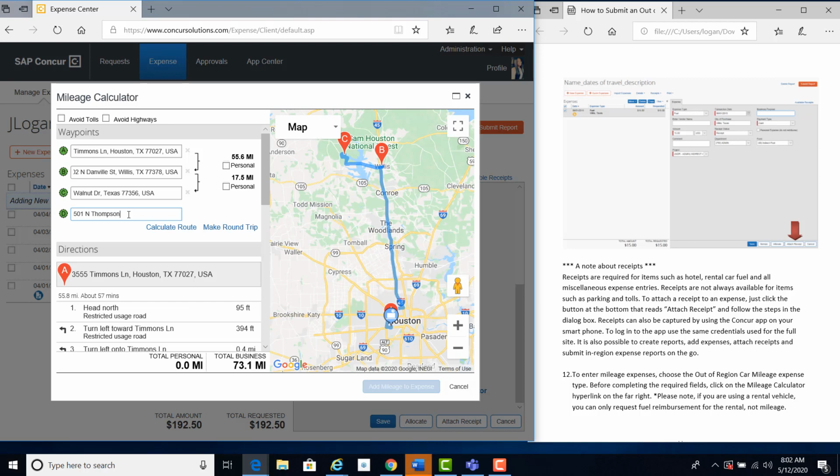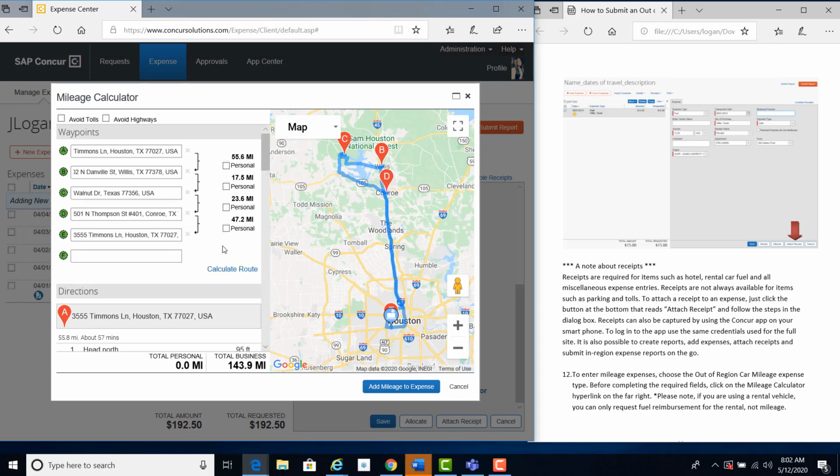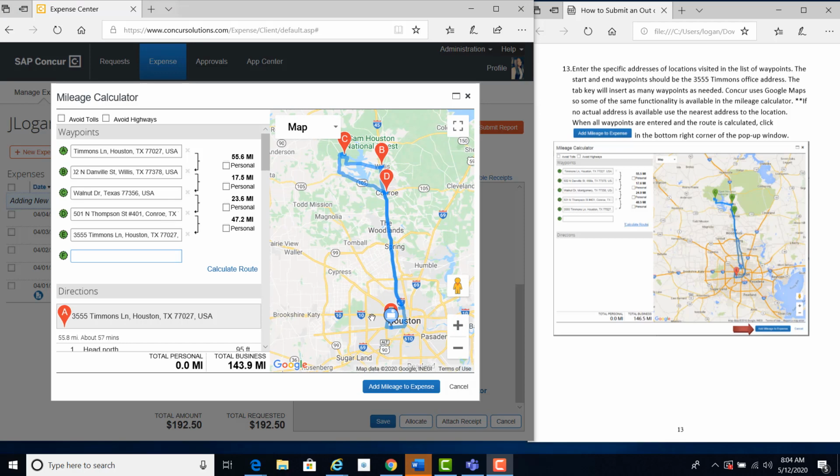Concur uses Google Maps, so some of the same functionality is available in the mileage calculator. If no actual address is available, use the nearest address to the location. When all waypoints are entered and the route is calculated, click Add Mileage to Expense in the bottom right corner